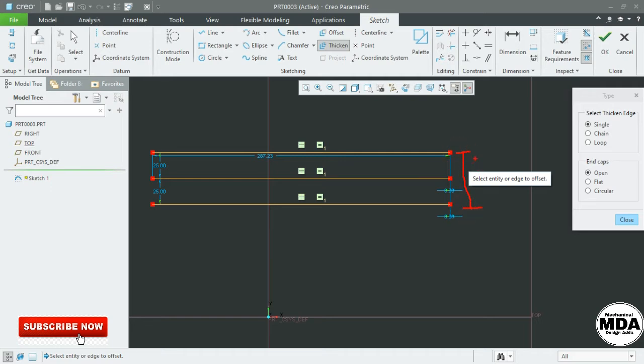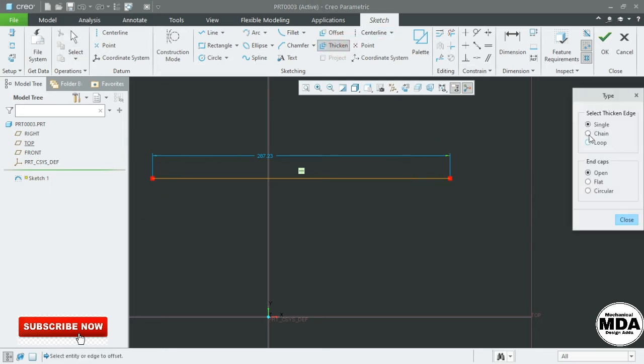This one is the 50 mm, and from that middle there is 25. So this one is the 25 mm line offsetted, or you can say thicken. So here I have selected single and open end. That's why this one is the open end.